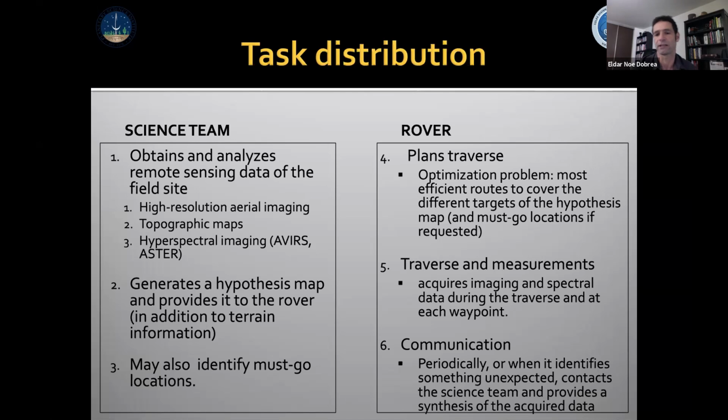And periodically, or basically at specific intervals, or when it discovers something that was unexpected or new, the rover can stop and communicate back with the operators, provide them with a summary of the results, and basically receive an updated hypothesis map if that is warranted. In this case,